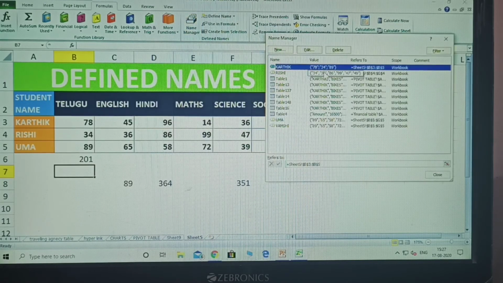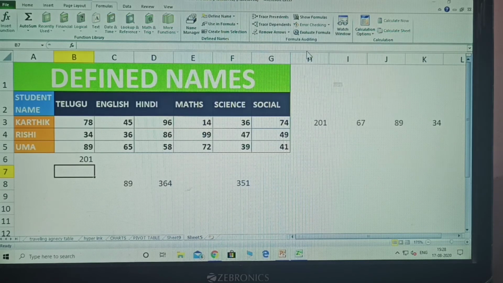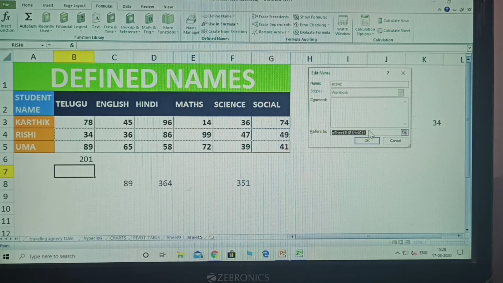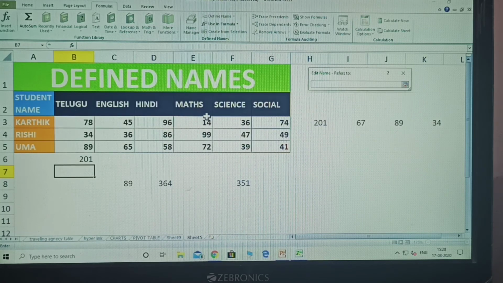Here in name manager, this one is modified. The others are normal, covering all subjects. Here only Karthik is modified, referring only to Telugu subjects. That way only that one is edited. Other edits you will understand easily. I am taking Rishi's edit. I delete the rest and take only the maths subject.